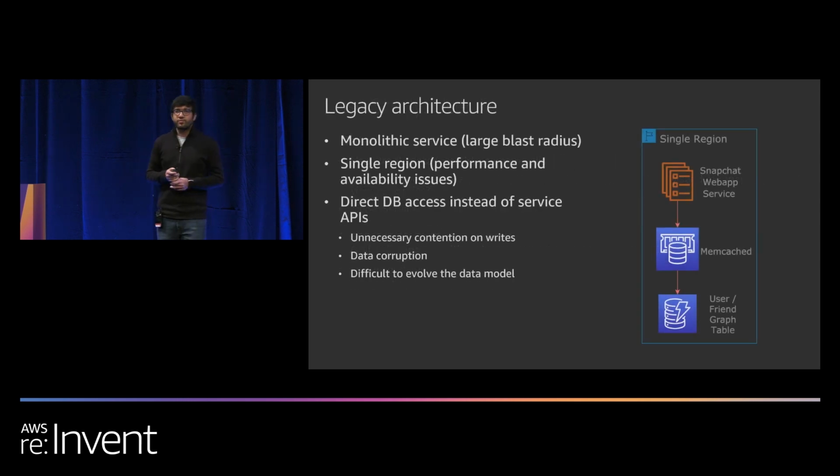Cool. So before thinking about the future, we obviously need to learn from the past. So in the past, we had a monolithic service hosted in a single region. And as you can imagine, that came with a bunch of issues. Since it was a monolithic service, issues in any component of the app would have a large blast radius. And this goes against the previous tier-based logic where stickers should not have an impact on messaging. Additionally, since we were hosted in a single region, we were not well isolated from performance and availability issues in that given region. So that again affected our reliability and availability.